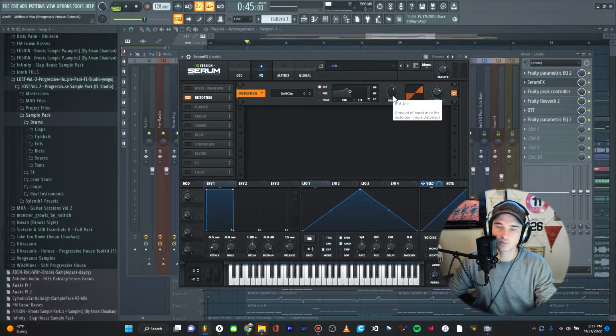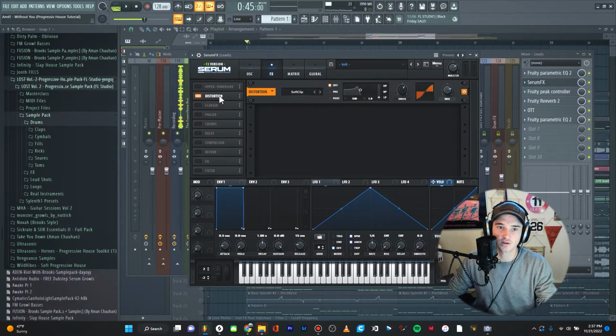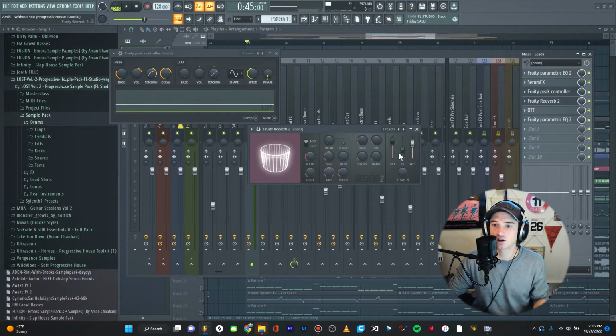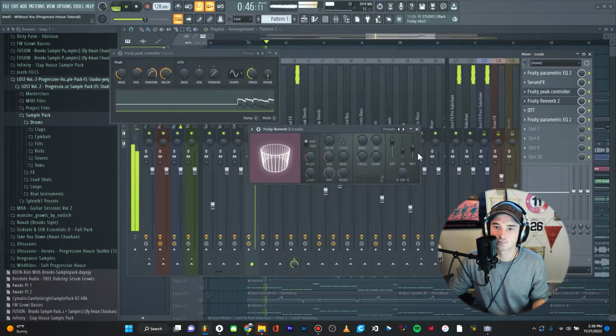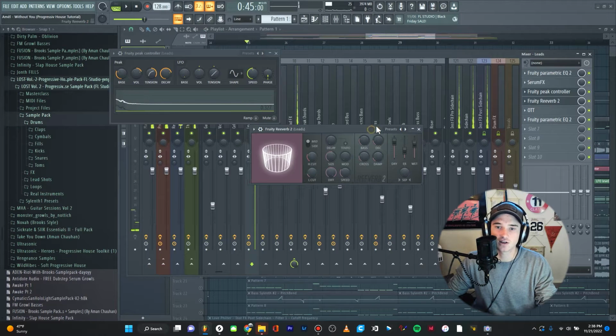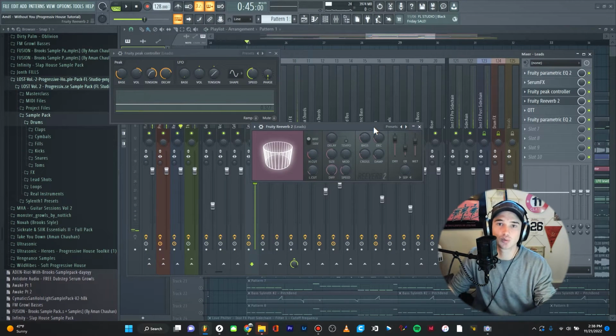I know I've talked about this before, but I love using Serum Effects. There's so many different effects in just one plugin. Below here, I have peak controller and reverb. This is just ducking the volume of the reverb as the sound plays, as you can see. But it's still a pretty wet sound. I have a little over 4 seconds of decay time, so it makes this huge, super epic